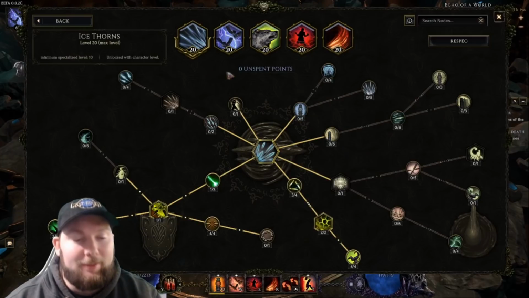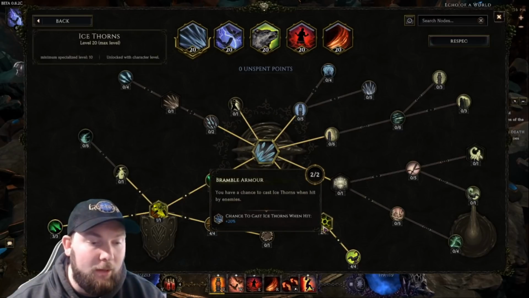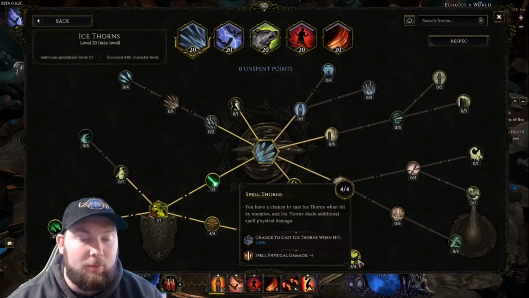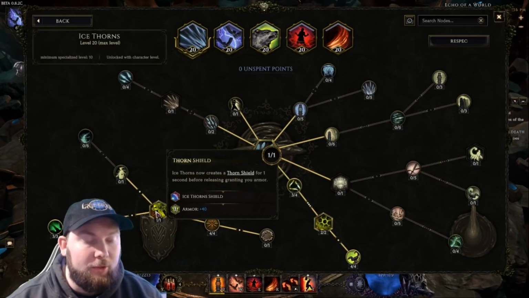For Ice Thorns, we have it set up to proc when we get hit. It'll give us some armor, so we've got 3 points in Dagger Thorns, 2 points in Bramble Armor. This gives it a 20% chance when we get hit to proc. 4 points in Spell Thorns is another 20% chance, so we'll have a 40% chance every time we get hit for it to proc. 1 point in Anemophily, and then 1 point in Thorn Shield